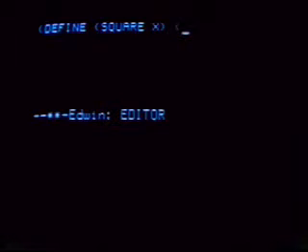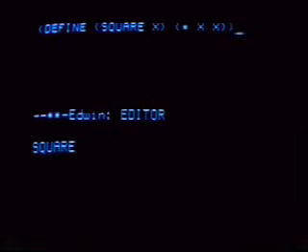Okay, well, let's look at that on the computer too. So I'll come in, I'll say define square of x to be times x, and I'll tell Lisp that.